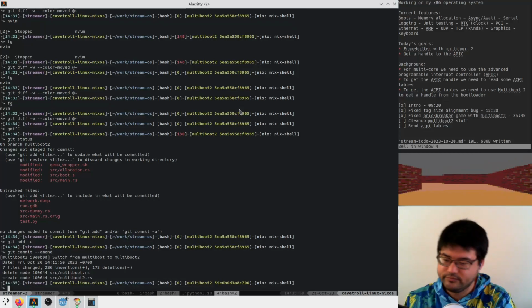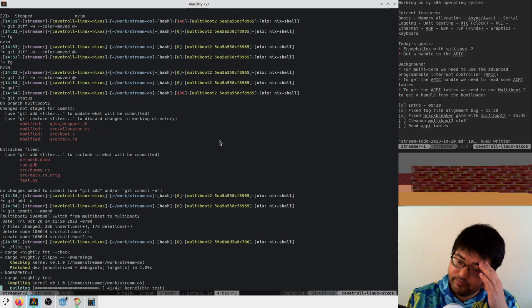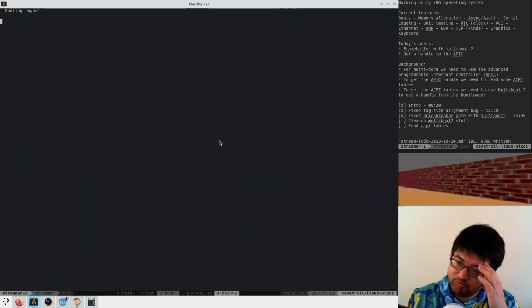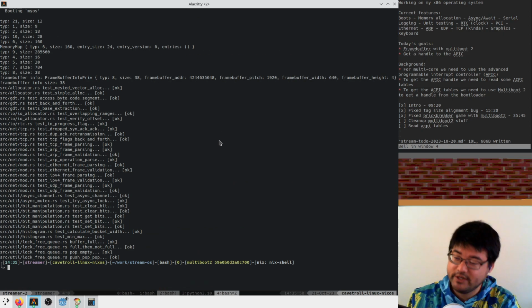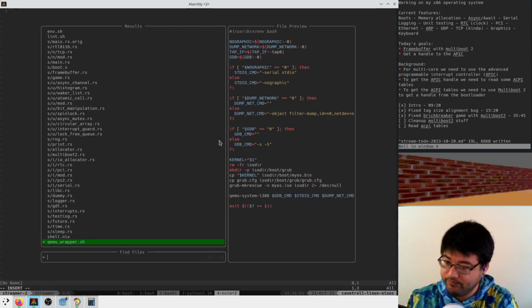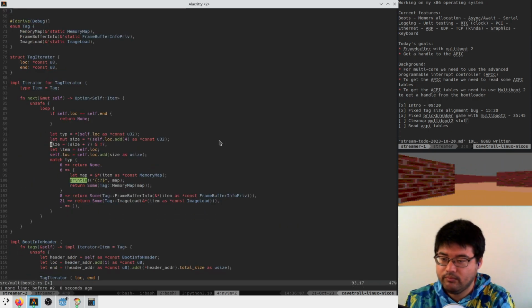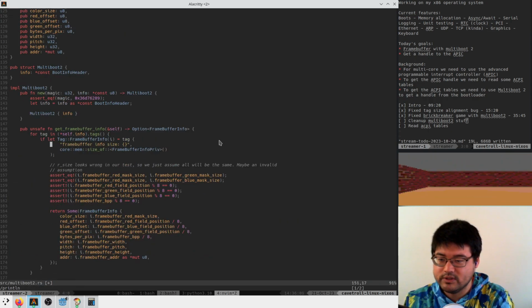Very nice. All right. So I think if I run my lint scripts, that should pass. Nice. Oh, we do have a bunch of print lines in there that we should have actually removed. So this is probably in the multiboot 2 stuff. I didn't really look closely enough here.